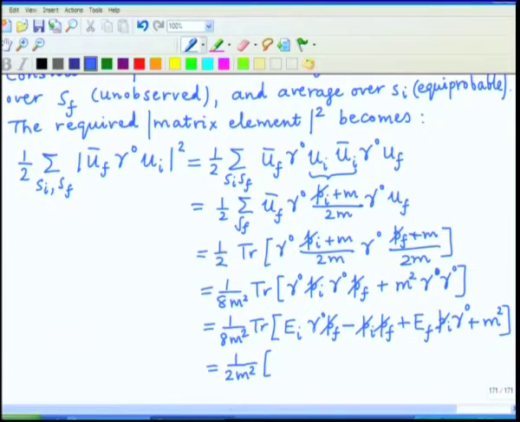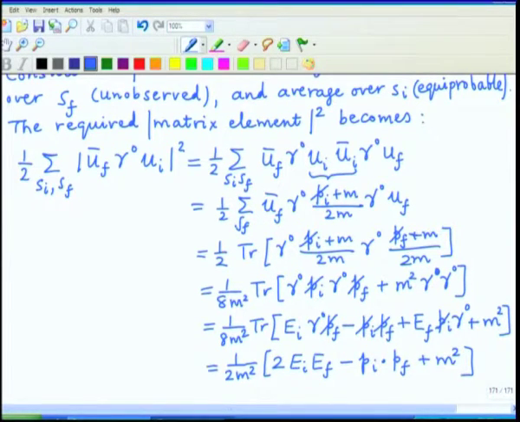that the dot product of gamma 0 with p_f slash is giving E_f. The dot product of p_i slash p_f slash is p_i dot p_f. The third term will give E_f times E_i, which is the same as the first term, and then m square is as it is. So, the net result is 2 E_i E_f minus p_i dotted with p_f plus m square, and this is the simplified form.